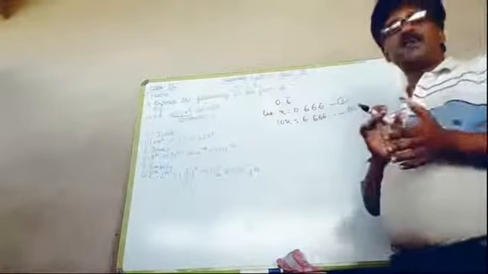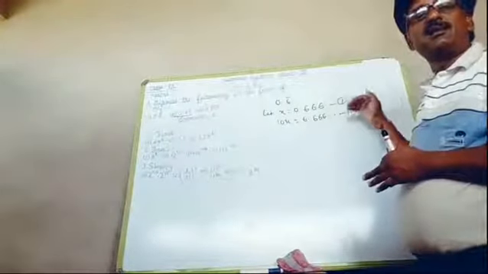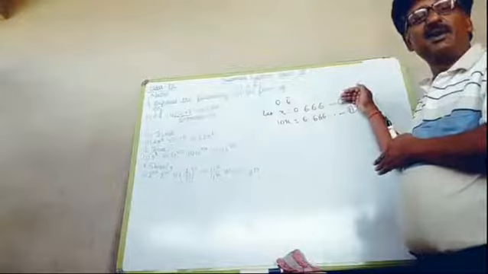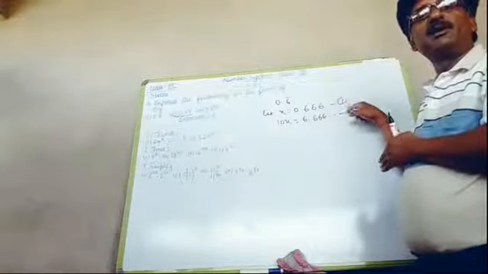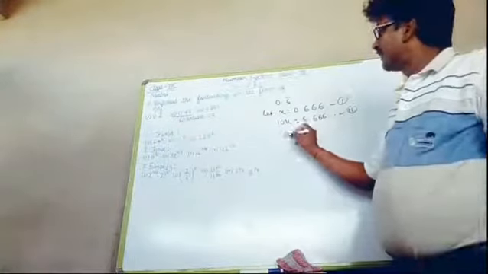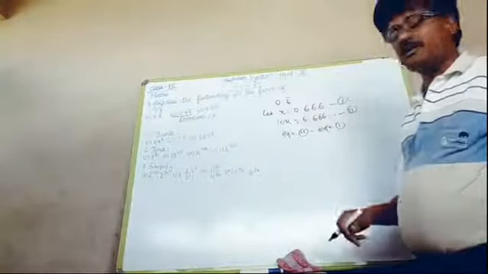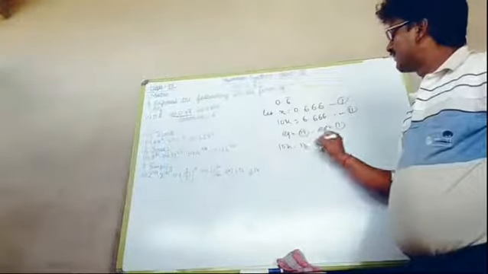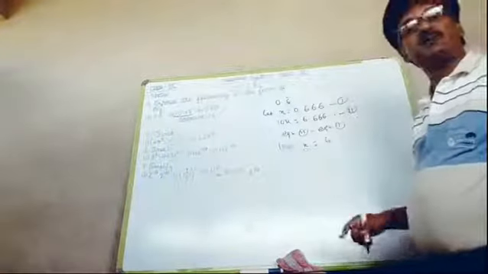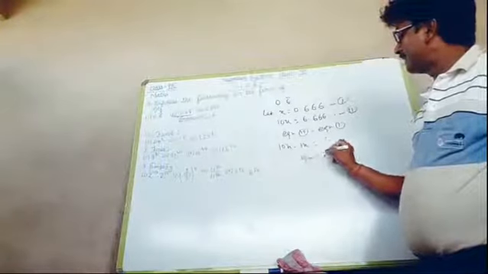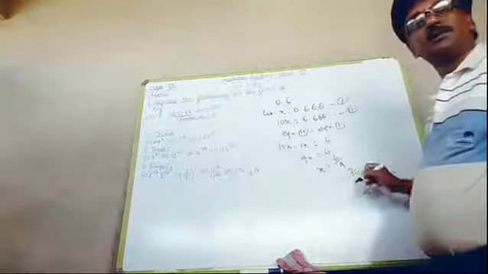Always remember, the second last equation must be subtracted from the last equation. Here the second last equation is the first equation and the last equation is equation 2. So we have to subtract equation first from equation second. So equation second minus equation first. 10x minus 1x, and 6 minus 0, that is equal to 6, and 10x minus 1x is 9x is equal to 6. Then x is equal to 6 by 9, that is 2 by 3, and this is in the form of p by q.